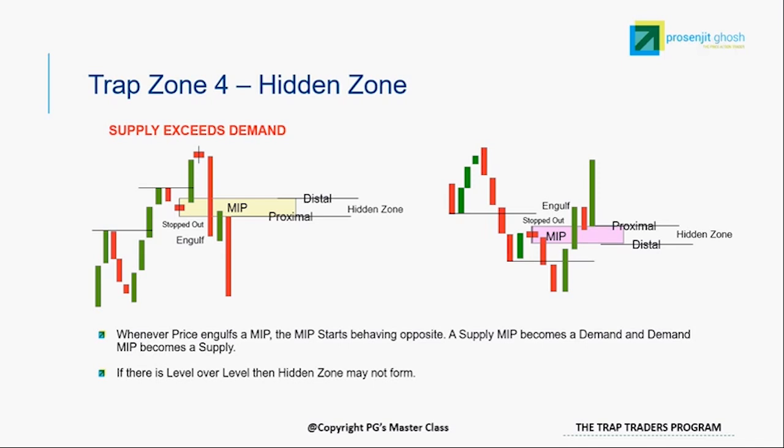Why do you call them hidden zone? Ashok, the answer is, there are reasons for this. For instance, if at this place something like this gets created, drop base drop, and the SR is cutting through the base, what would you have called it? You called it a break limit zone, right? But in this case, there is no price structure formed. If you do a lot of Google search and write demand zone and supply zone, you will get all the four structures of price, right? But in this case, we do not have a structure. So the zone is basically hidden